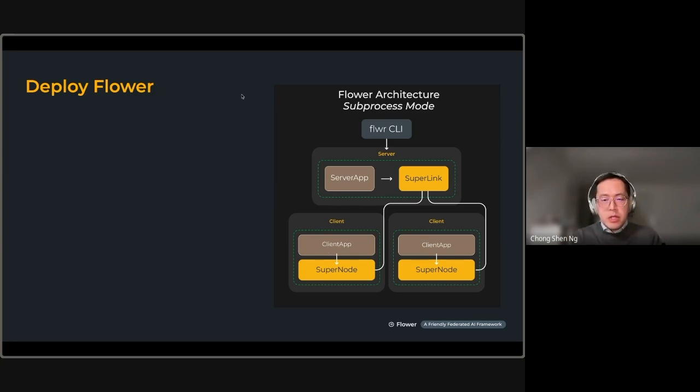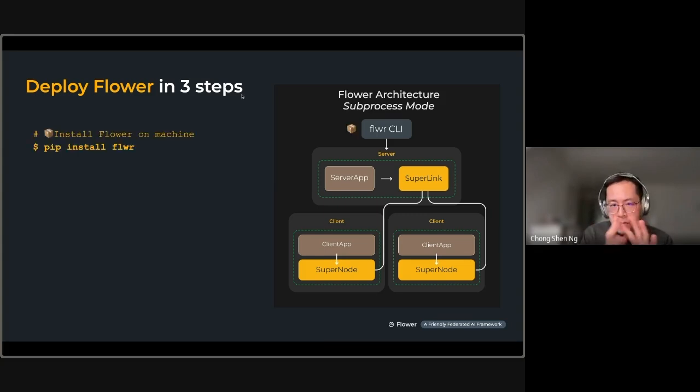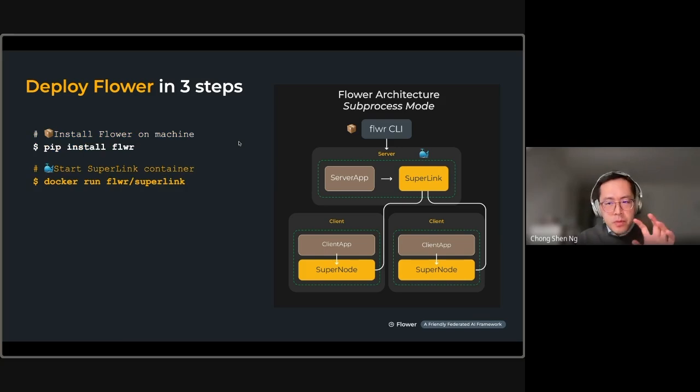To deploy Flower in this case, you can do it in 3 steps. So the first step is to do a pip install flower on a user's machine, like what I've done before, and from there you can just execute your command. The second step you can do in multiple ways, right? Here I show you one of the ways to do it, which is to start the superlink container using docker run. Right, so just with one line, docker run, superlink,